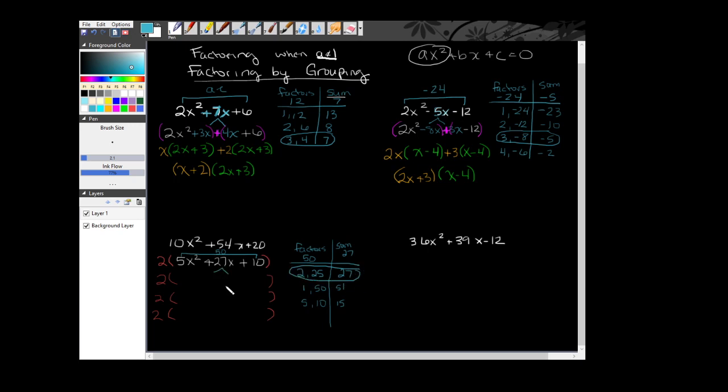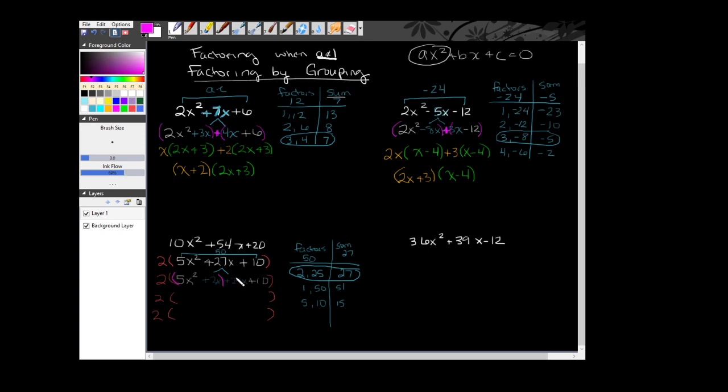So now I'm going to take that 27x, and I'm going to split it into 2x and 25x, remembering that I need to put a plus between them. So 27x is going to say plus 2x plus 25x. Now don't forget in this part that we still have the 5x squared and we still have the plus 10. There we go. So now I'm going to go ahead and set up my 2 sets of parentheses,